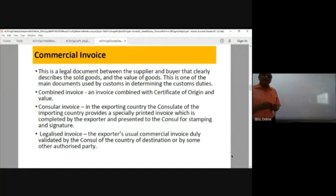A country like Dubai, right? A country like Dubai, they are importing everything. They don't produce anything. Nothing. So for all their imports, what they do, they make it a compulsory thing. It should be legalized invoices. So every time you are doing exports from other countries, it is free money to the government of UAE, because